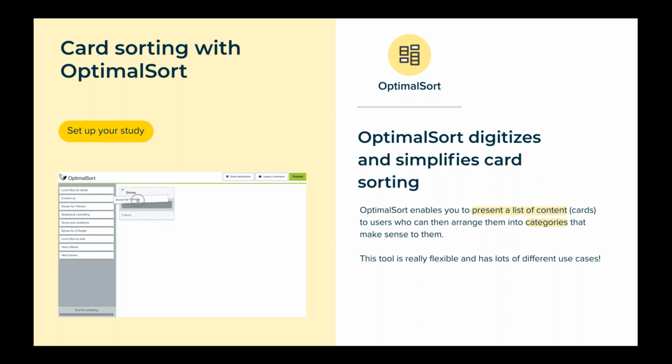And as you can see from the GIF here, this is a little bit about the participant experience. They've got a list of content, or the cards we've provided them, on the left-hand side, and they're able to use either pre-existing categories to drop that content into or create their own and give you information about that. Like I mentioned before, it's quite flexible and it's got lots of different use cases. But for now, I might just jump into what it looks like to set up an Optimal Sort study and give you a few tips about what might be useful to consider if you do want to use this type of methodology.